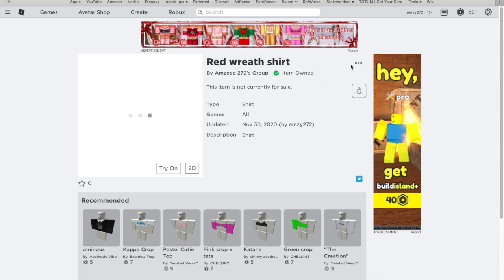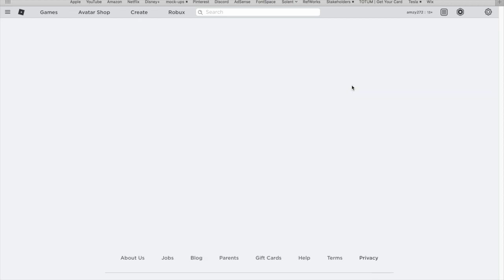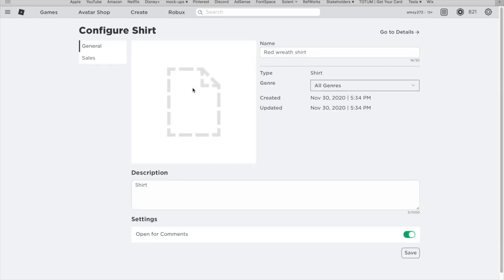But because I want to make this shirt available for other people to buy if they'd like it, I'm just going to click on these three dots here, and then I'm going to click configure. Then once you've clicked configure, this is where your shirt will be, and as you can see that's the name. I can edit that again if I don't like the name of it, so if I didn't want to put a red wreath shirt and I just wanted it to be called a wreath shirt, then obviously I can do that. And here you can add a description of the shirt, so I'm just going to put Christmassy wreath shirt,